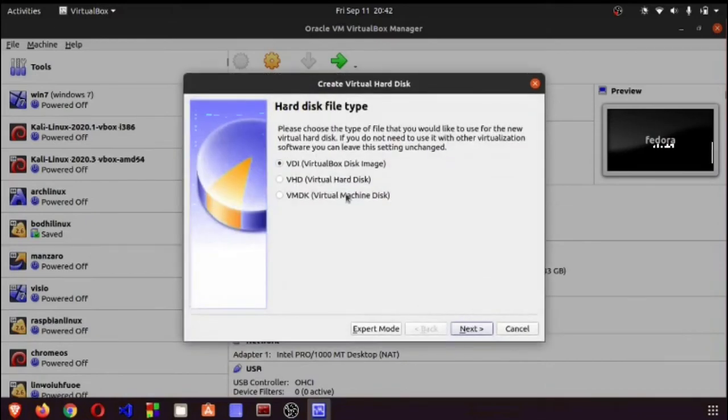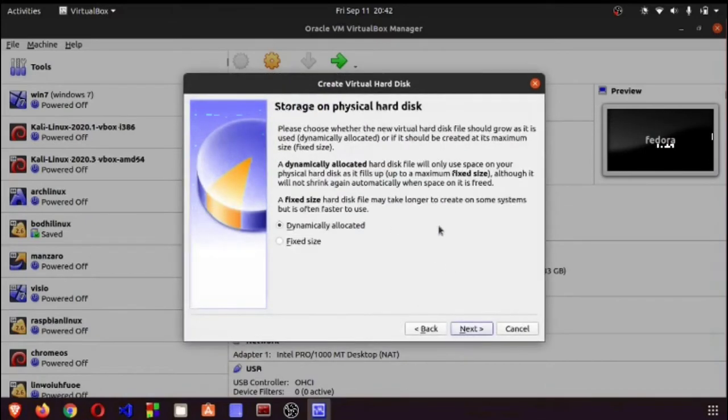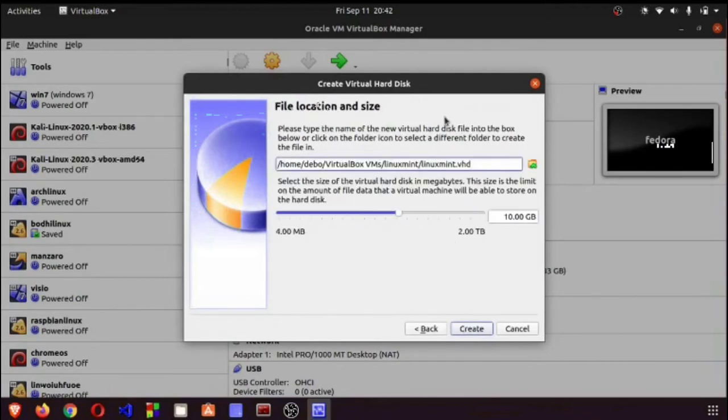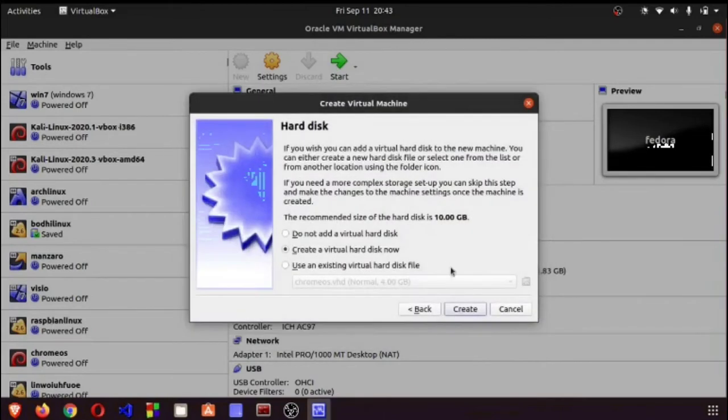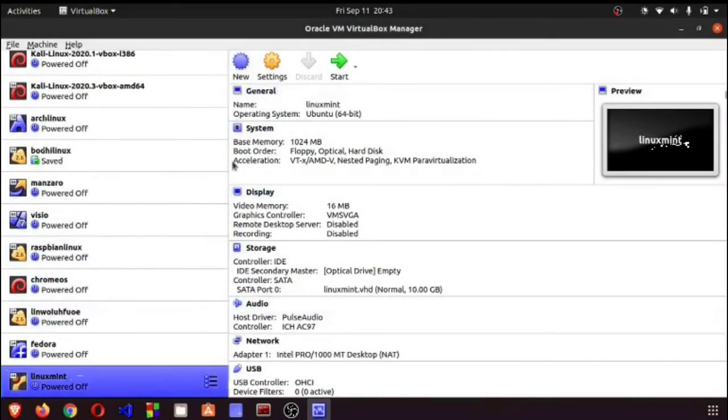So after that you need to create a virtual hard disk. After that it needs to be dynamically allocated. I give it 10 GB of storage space, and now it is created. And after that I'll go to the settings,